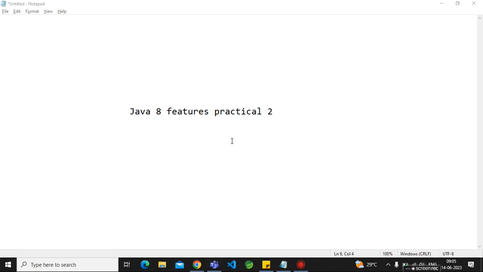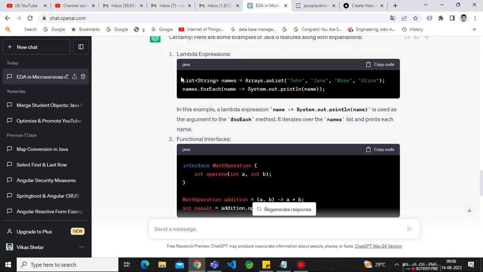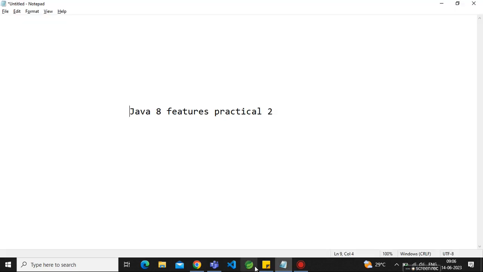Last time we had a discussion overall, but today we are discussing in-depth knowledge of Java 8 features. So first it's lambda expression. So for lambda expression, I'm opening